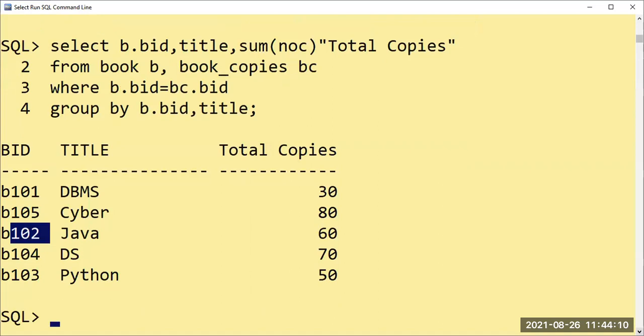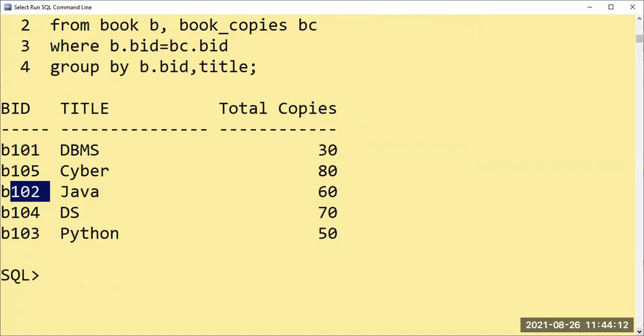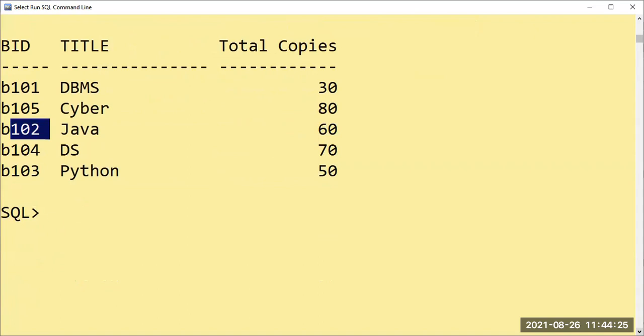For this query, we are not supposed to use any matching columns here. The book copies, borrower, issue date, due date, in which table is it? It is in the book lending table, right? So first of all, only one table is required for this query. Till now we have taken 2 tables or 3 tables, and while taking them we are matching the columns. In this query, there is no need to match any columns as we are using only a single table. So first of all, I'll display the table here.